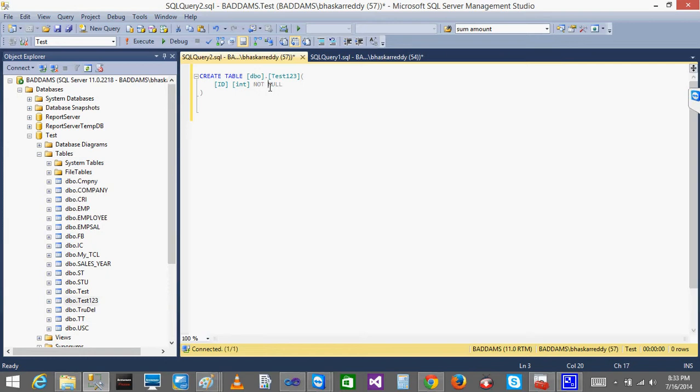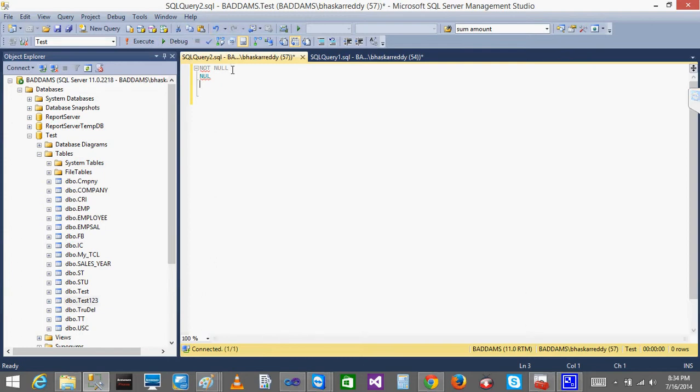That is not null. When it is null, even if you don't insert values, it is not a problem. So you can take one more thing, not null, and null is also one type of constraint. Just assume it is somewhat related to the constraint type.